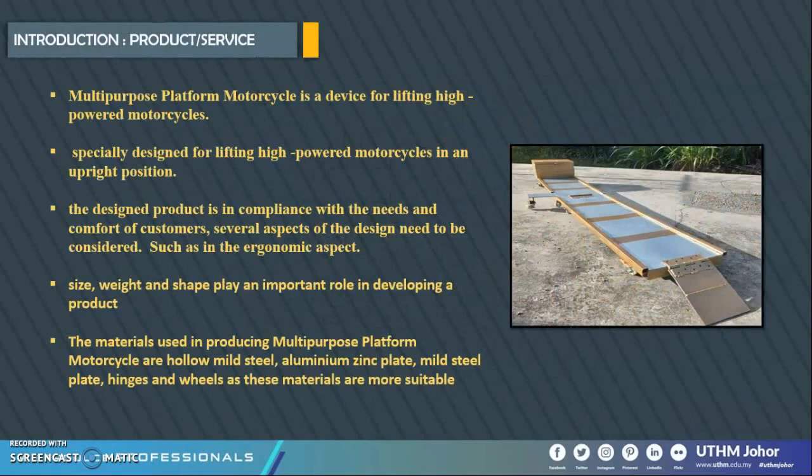For the introduction, we will explain about the product and service. Multi-platform motorcycle is a device for lifting high power motorcycles, especially designed to lift a high power motorcycle in an upright position. And the third one, the design produced is in compliance with the needs and comfort of the customer. Several aspects of the design need to be considered, such as the ergonomic aspect. Size, weight, and shape play an important role